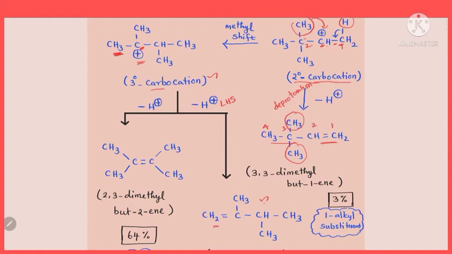One H+ is removed from here, it becomes CH2 double bond, then the remaining portion is C, CH3, CH3, isn't it? Now, otherwise a hydrogen on the right side carbon also can be removed as a proton. That is removal of the right side hydrogen as a proton. That results in formation of this compound. Okay, right. So I think you can follow. When you remove the hydrogen present on the left side carbon of the C+ carbon, that results in formation of this compound. When you remove hydrogen from the right-hand side carbon, that results in formation of this compound, isn't it?